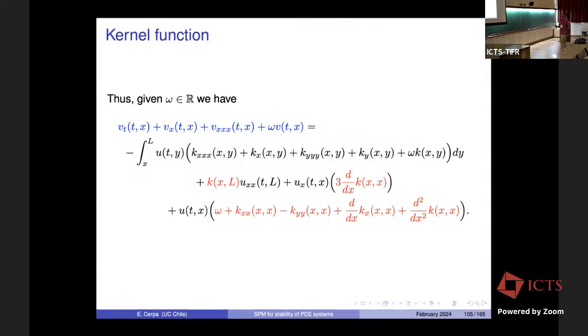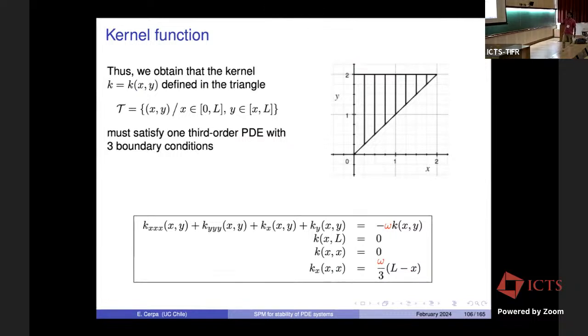And so here we have, for instance, Uxx at L. We have no information about Uxx, so we really need to impose that K at x, L is 0. And the same with the other terms. So here we have to impose that this term is 0 and that this term is 0. So doing that,